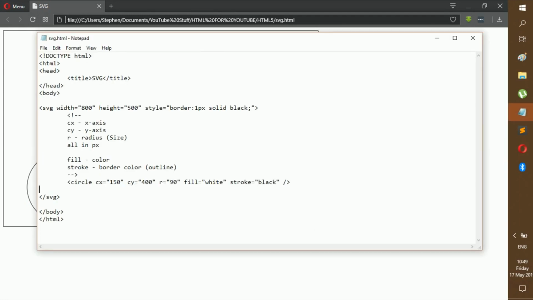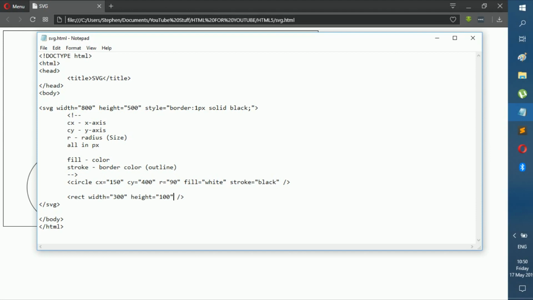Next up we have something a little less complicated than a circle, a rect element. Now rect can make anything from a rectangle to a square to anything that has basically 4 sides. Now this has a width and a height attribute, which makes it slightly easier than a circle's just radius, because we have the CX and the CY, which can confuse you into thinking that's the size, which it is not. Then you have the